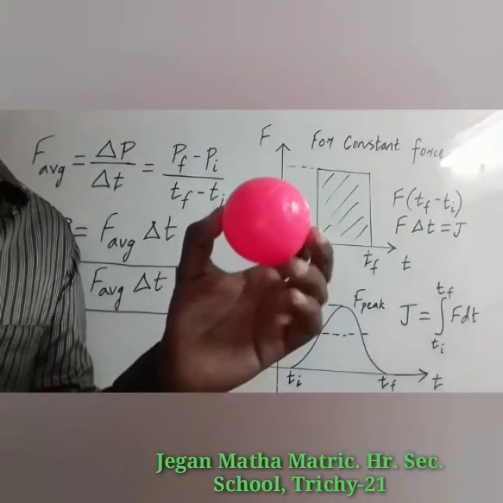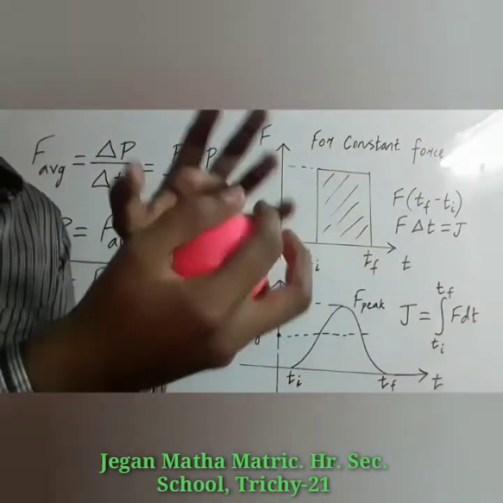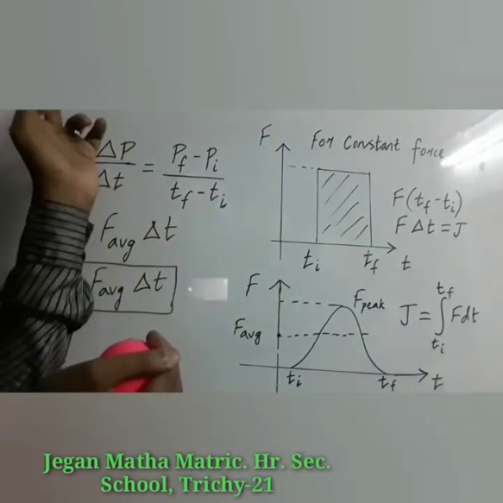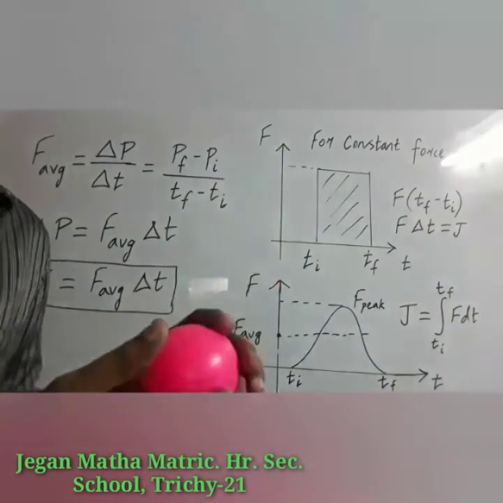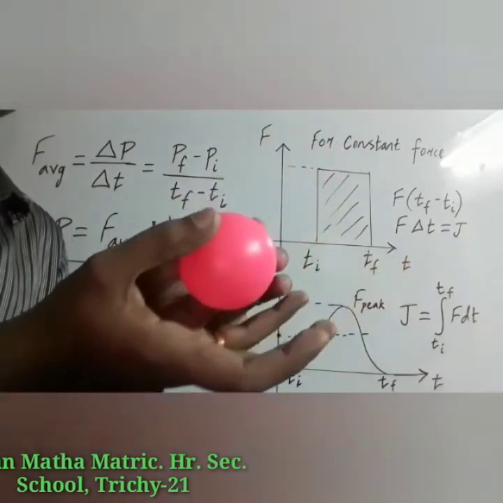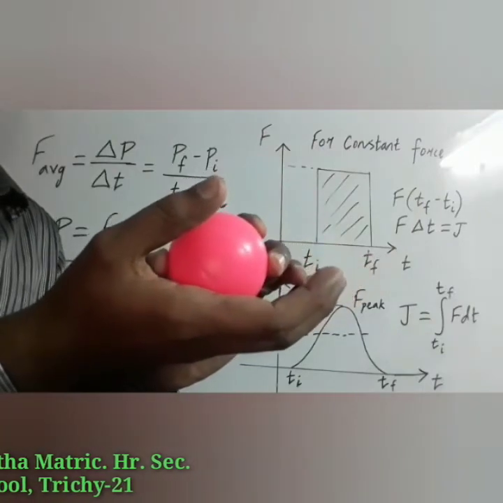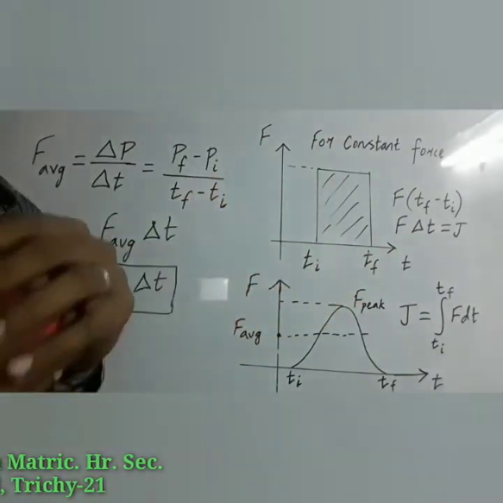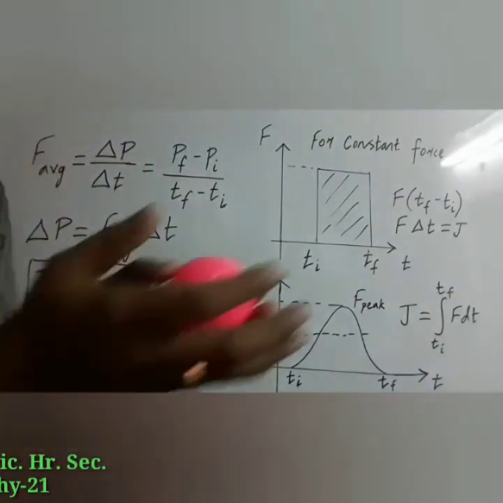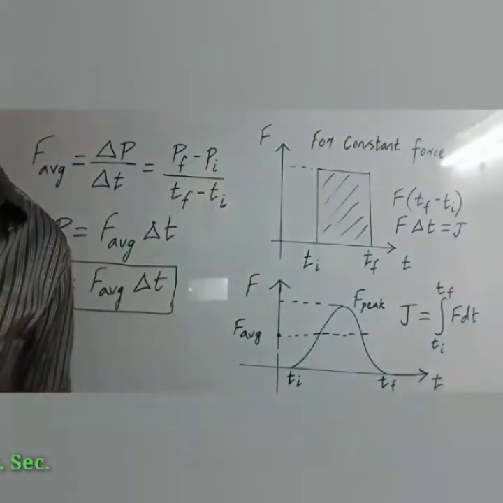Let us watch this model. If he moves his hands forward and catches the ball, what will happen to the time? Time interval is very less. Then what happens to the force? Force will be maximum, so the impact of force will be maximum. So he will feel pain. If he moves the hands backwards, what will happen to the time interval? Time interval is extended by the fielders. So the time interval is extended, then what happens to the force? Force will be reduced. That's why fielders lower their hands to catch the ball, to increase the time interval.